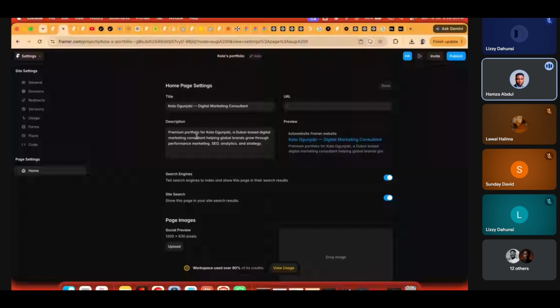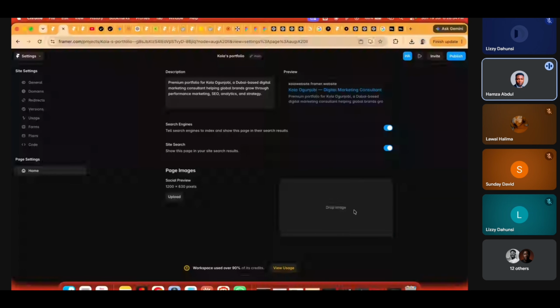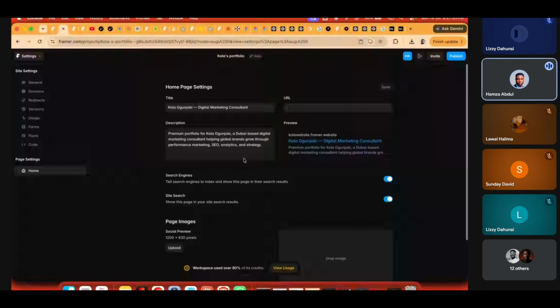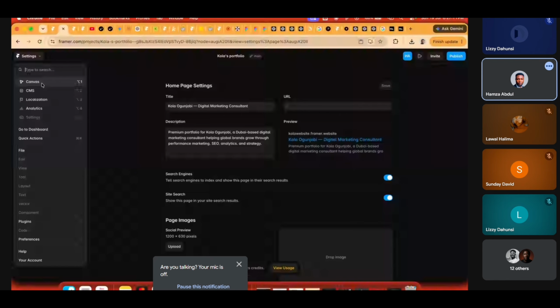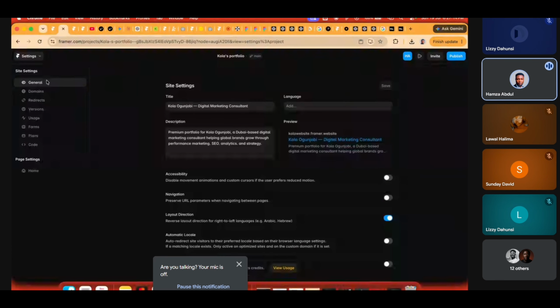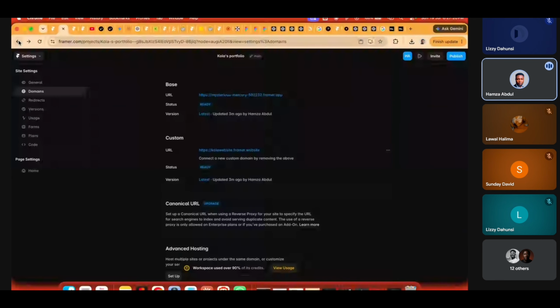You can also add a preview image for yourself, right? And look at this over here now. If you don't want search engines to see it, you can turn it off. So these are some SEO settings that you can do, right? And yeah, just do your best to play around with the framer, work on your design, publish it. Don't just work on one design and be satisfied with it. Work on as many as possible because there is no limit to what you can do.